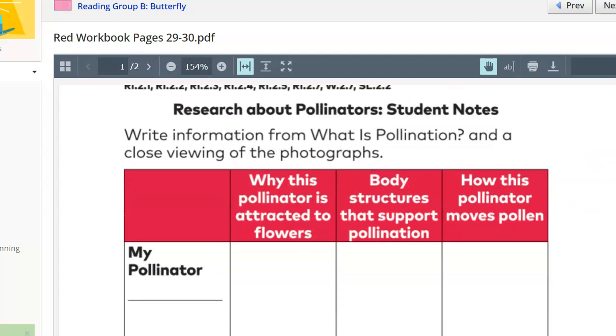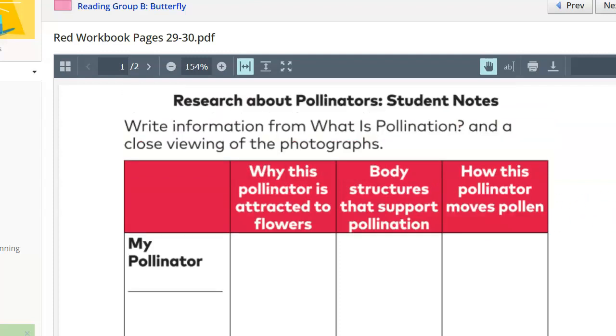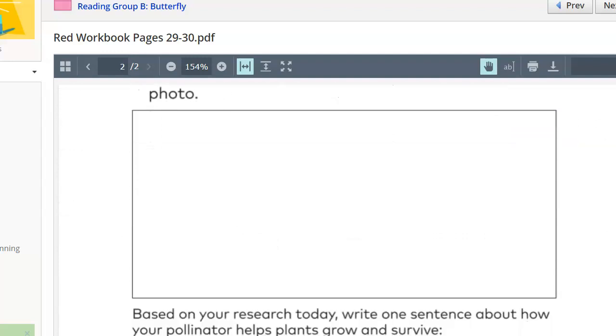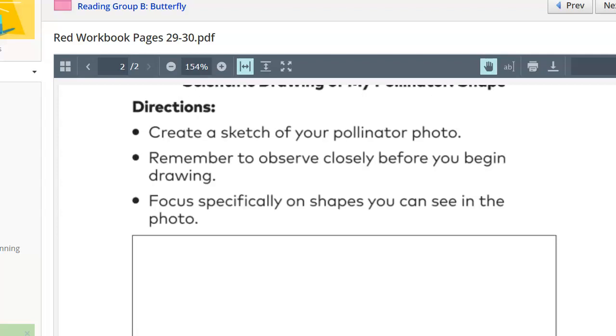So in this assignment they had to write down what their pollinator was, why that pollinator is attracted to flowers, how pollen sticks to it or what special body parts allow for pollination, and then how it goes to the next flower. So they had to get that from the text, and then if you scroll down they had to draw a scientific drawing of their pollinator.